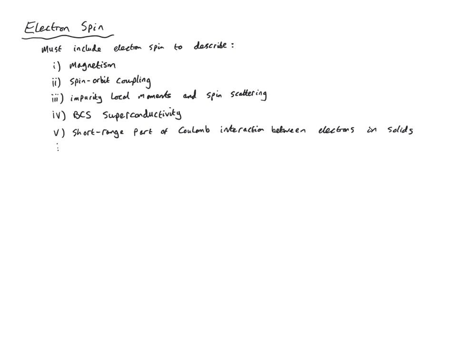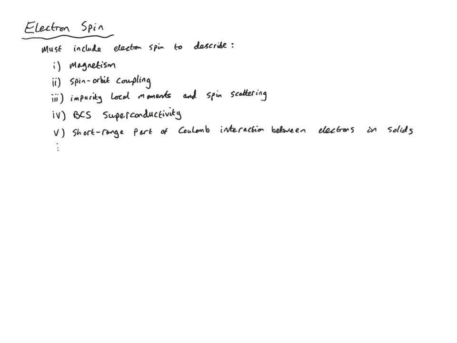One important area which I want to talk about in this lecture is the short-range part of the Coulomb interaction between electrons in solids. So the Coulomb interaction, of course, is the electrostatic interaction between two negatively charged electrons in a material, which dies off as the inverse square of the distance. But of course, when one gets onto the nanoscale and thinks about electrons in atomic orbitals and moving around on